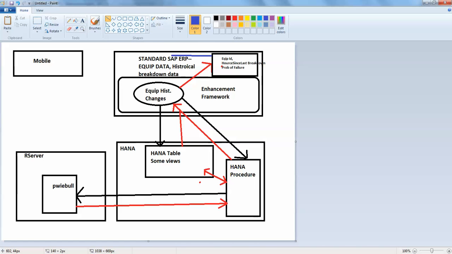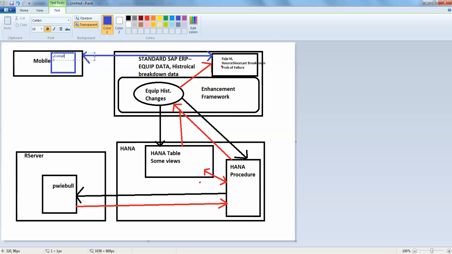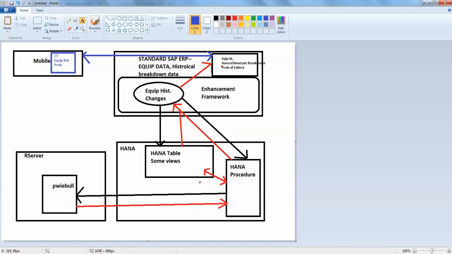This data is then passed to my mobile part, so I'll use a different shade to make sure this is the Syclo part. I use this data and preload it during the sync. We have a concept of complex tables, so it is available as a complex table in my Syclo. So I have a complex table for equipment breakdown probability. Okay, so then I have this available in my mobile as of now in Syclo as an